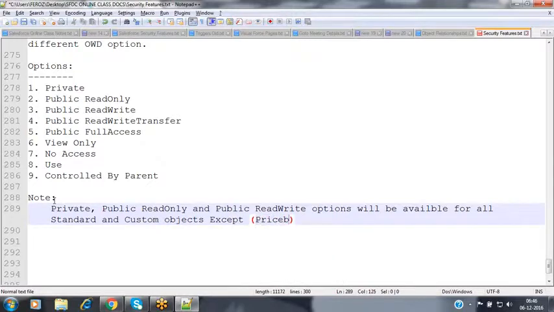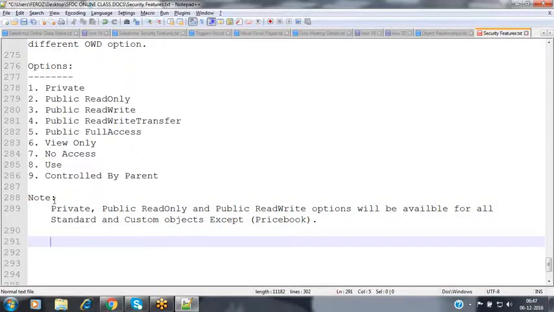Except for the price book object, all the objects in Salesforce, standard and custom, will have the private, public read only, and public read write options available to you by default.